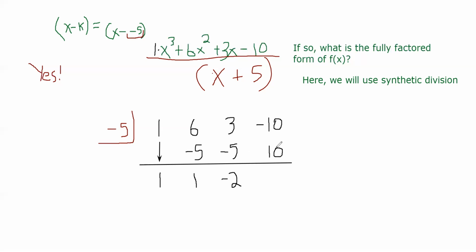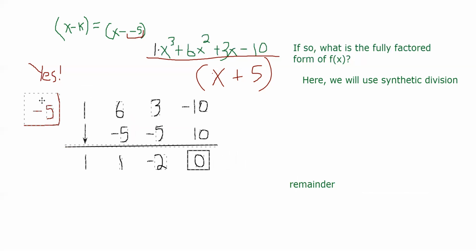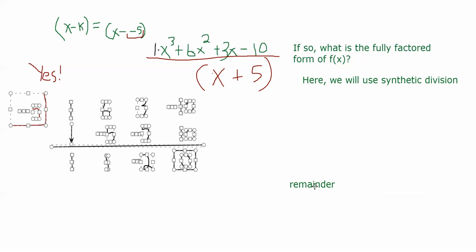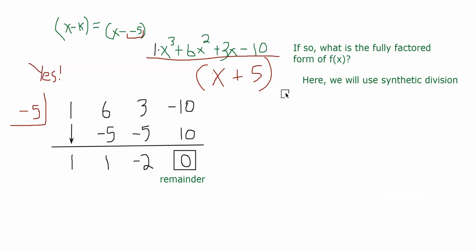And hey, thank goodness, we've got negative 10 plus 10, which is going to be 0. And this is going to be our remainder. And the one thing we like about a remainder of 0 is that means that the division was clean. That's going to mean a couple things. I'll have to just write it all out. With a remainder of 0,